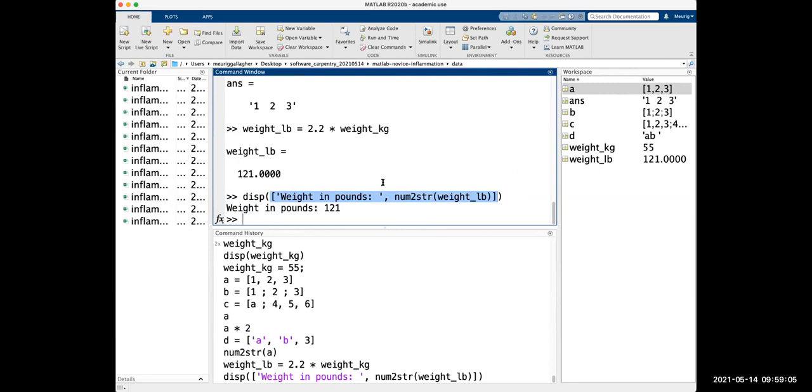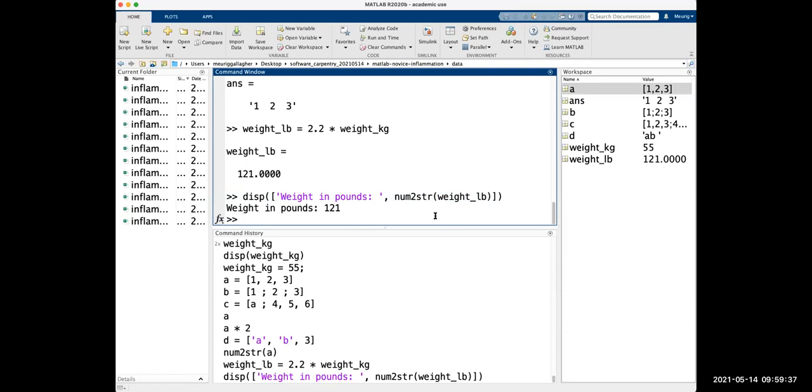But just because it's one argument doesn't mean that it can only display one thing. What we've actually asked it to display is a single array, but that single array had 2 components. It had a string that was weight in pounds, and it had a string that was the actual weight that we'd saved, but we'd converted into a string. So you can chain things together quite nicely, but even though there's many things in here, it's still only outputting one thing, one array. If we'd tried to do it without that, we might have run into issues.